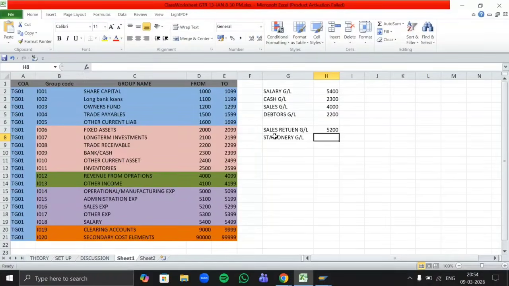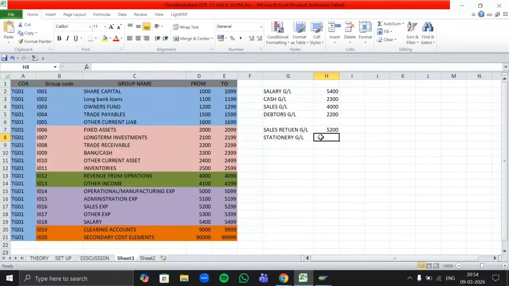So if it's a day to day office operating cost, then are you going to book it under other expense or under administrative expense? Ma'am, it could be an administrative expense, as in printing and stationery expense. Yeah, because it's a routine expense, right? It's included in your day to day activities. So the stationery GL will be created under administrative expenses, not under other expense. Okay.